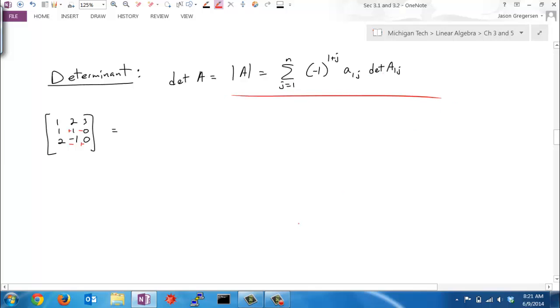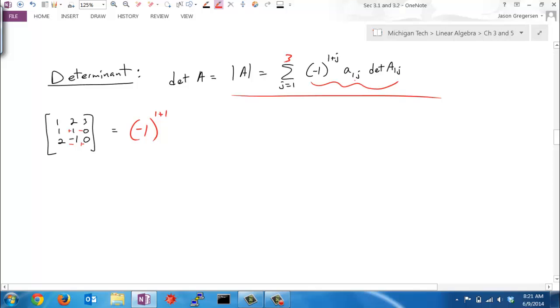So let's look at our first term in the sum. We're basically going to calculate all this junk when j equals 1, and calculate all that junk when j equals 2, and keep adding those pieces up until we get to n, where n is the size of the matrix. So in our specific case here, we have a 3 by 3, so we're going to add it up from j equals 1 to j equals 3, from the first column to the third column. So if I start using the definition here, my first piece will be -1 to the 1 plus j. Well, we're starting off with j equals 1, so that's 1 plus 1 power,